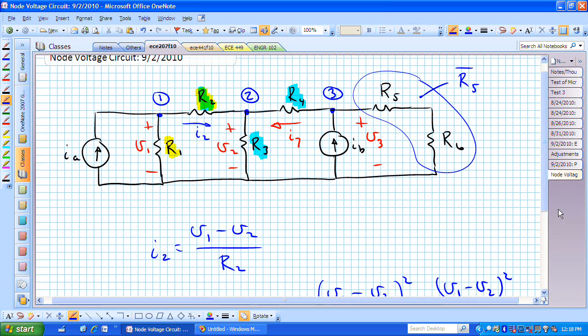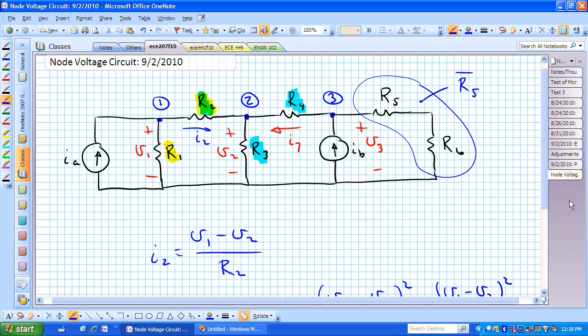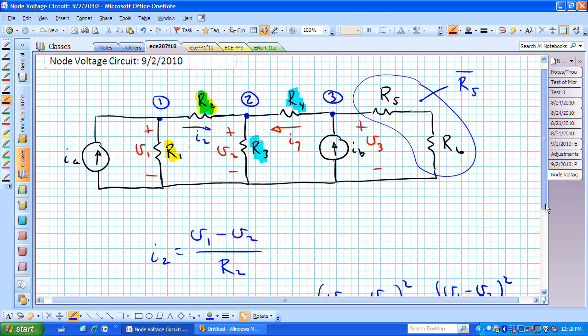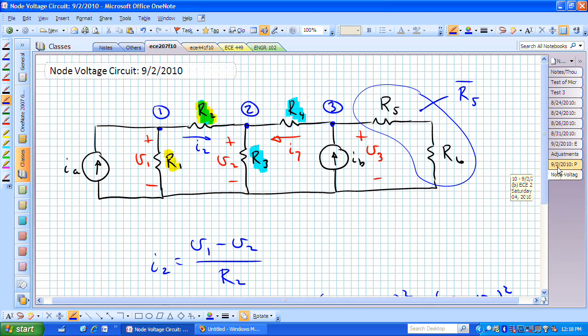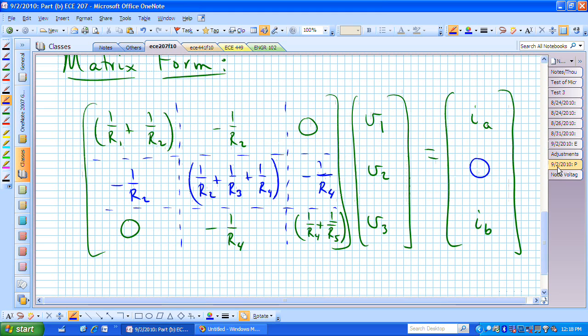And you could do that for all of these particular elements. We would have to have calculated or found by this analysis package, we would be told what I sub A is, we would be told what I sub B is. If those were DC or constant sources, those would simply be two numbers. I sub A could be 1, I sub B could be 2. The R's would need to be given. We would have to be told what those resistors are, and once we know all of these values in this matrix,